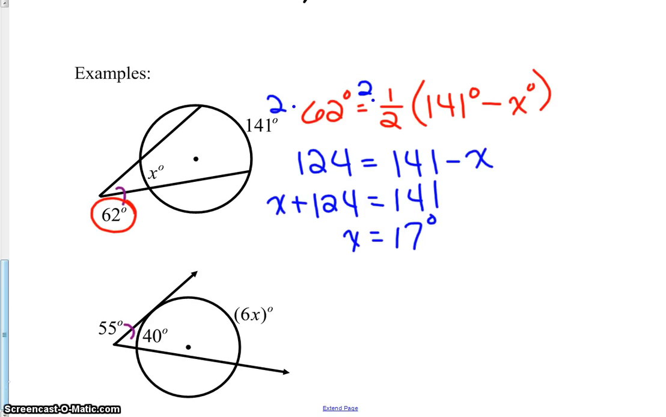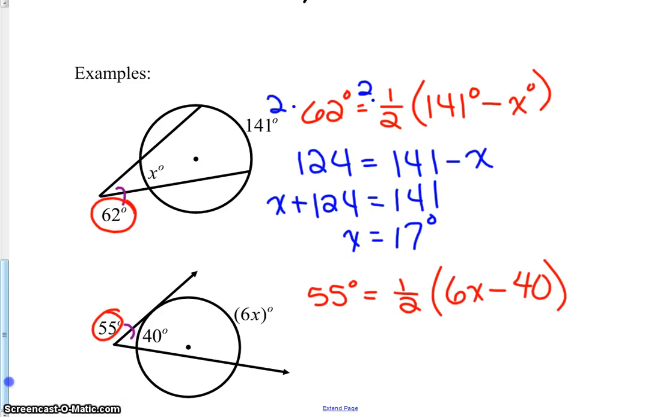Now let's take a look at the next one. This is the circumstance of a tangent and a secant. Again, it's the same formula. The angle, which in this case was 55 degrees, equals 1/2 of the larger arc, or the farther away arc, which is 6x degrees, minus the closer arc, or smaller